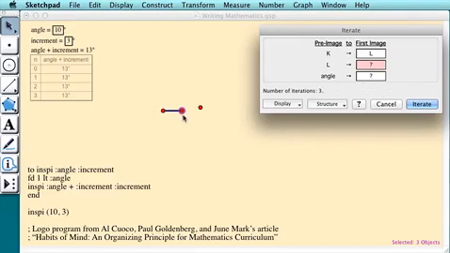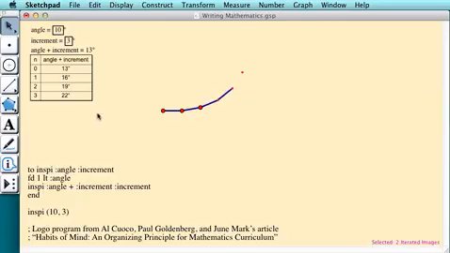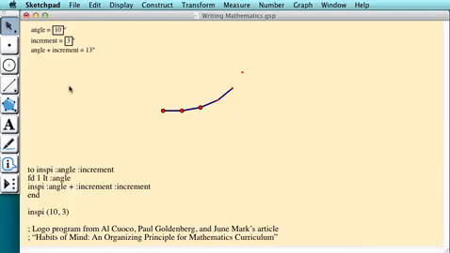Now we have to match the second point. The head of the turtle is now here. So we've matched the tail to this point, the head to that point, and we'll now match the angle to the angle plus the increment. We also get a table of values. We don't really care about the table of values of angle plus increment as it changes, so I'll get rid of that. But we can see that the amount of turn that we're getting is increasing with each step that the turtle